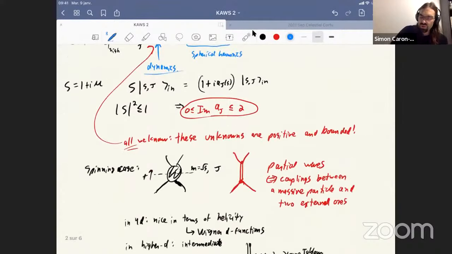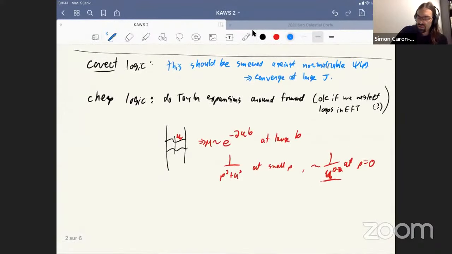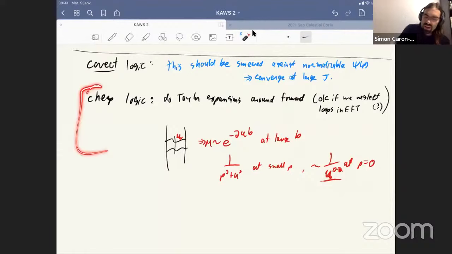So if we start to have contributions that are enhanced by 1 over some light mass, like the neutrino mass or the electron mass in the standard model, this approach is really not good. So there's a limitation. This cheap logic does not work at loop level. It works if you neglect loops, but it really does not work if you include loops. But we're going to assume that it's still close enough to correct logic that the conclusions are correct.